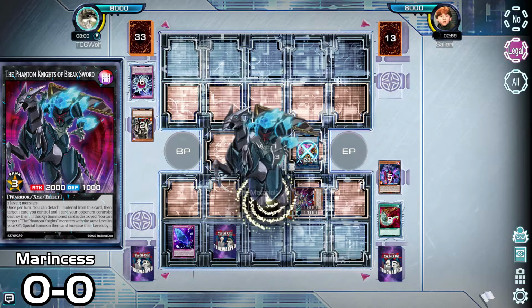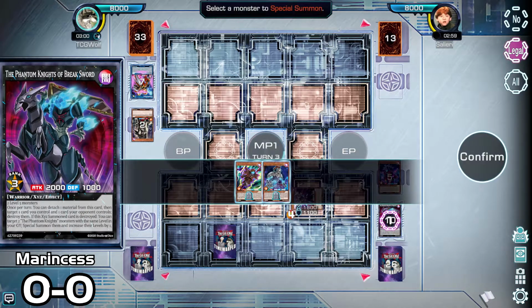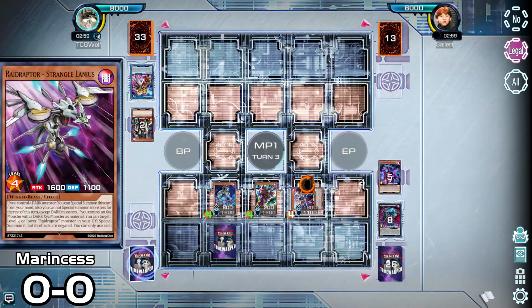We are going to summon Breaksword. We're going to activate it. We're going to pitch the Torn Scale to make sure that it stays. We're going to destroy this and destroy that. We're going to activate the Breaksword here, summoning both of them back again, because that's something we can do. Which, in turn...